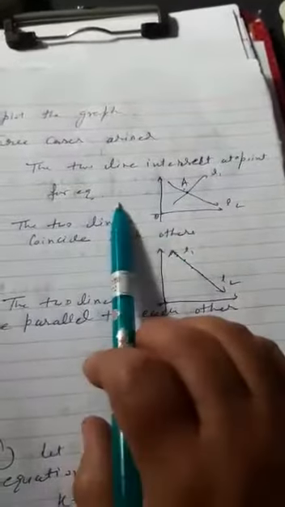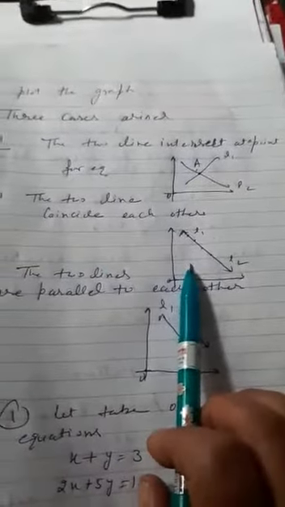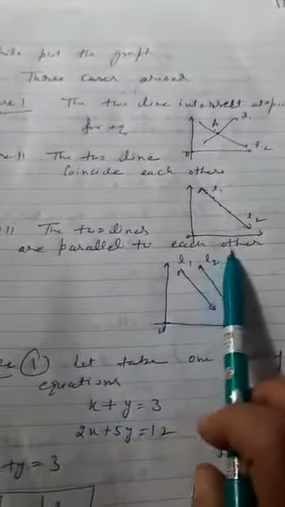Graphical method means you take the solutions of these two equations, which you have done in 9th class in chapter 4. You know how to find them. At least two solutions are required for each equation. Plot these points on the graph and join them, you get a straight line. For finding the solution, there are three cases. First case, if the lines are intersecting at a point, then the graph looks like this. If the lines coincide with each other, then the graph looks like this. If two lines are parallel to each other, then the graph looks like this.